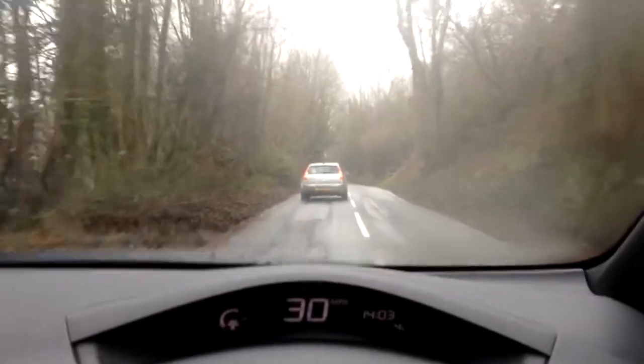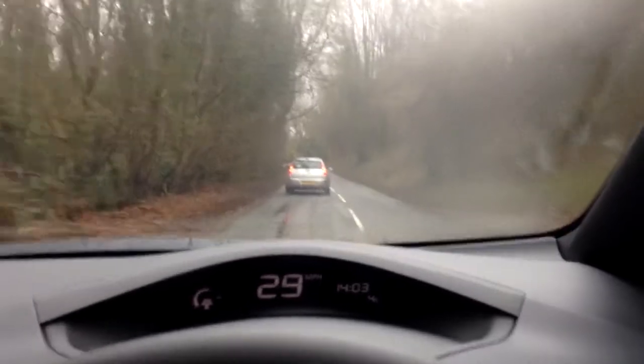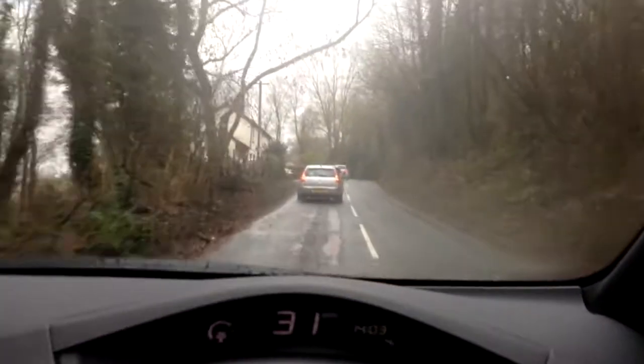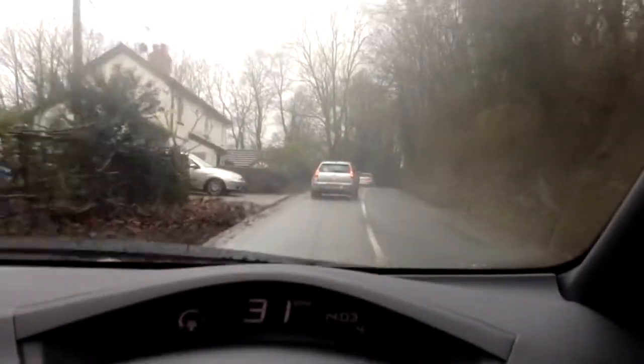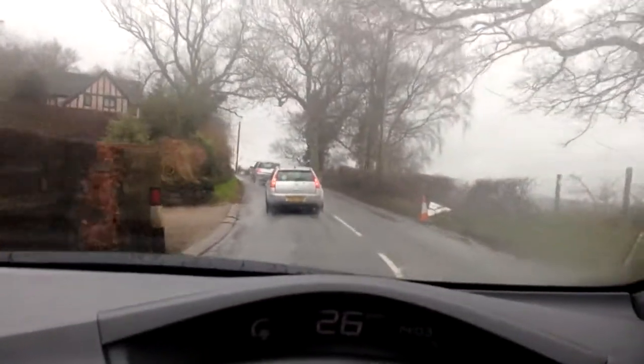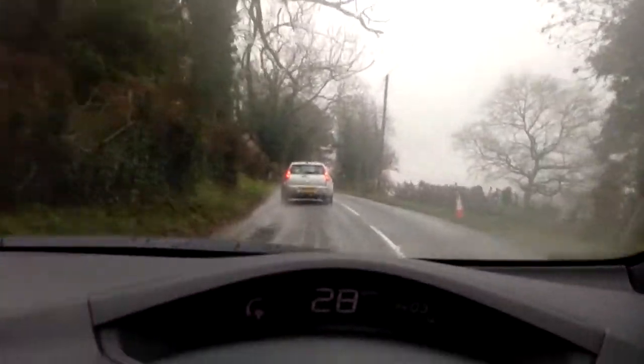Now, for people who don't want to potter about in electric cars because you just want to bomb it everywhere and go flat out, this is actually the reality, isn't it? When you actually drive, the majority of the time it's this sort of thing where you're stuck in a car going 31 miles an hour in a national speed limit area. So it's a 60 mile an hour road. I wouldn't recommend going 60 miles an hour up here, but it's a high speed road. It's not restricted to 30, but we're just travelling at 27, 28, 30 miles an hour,